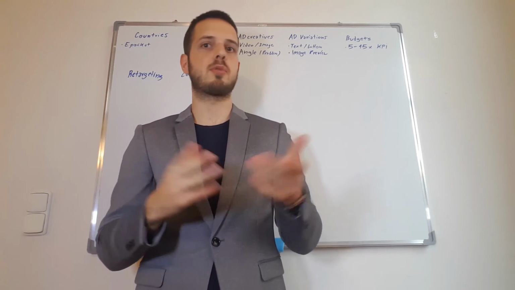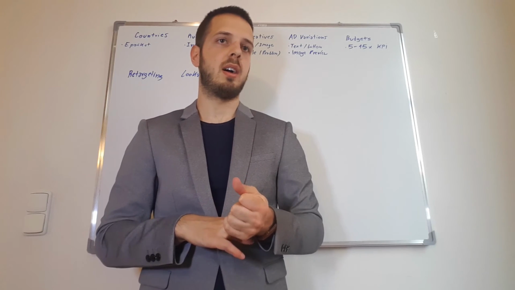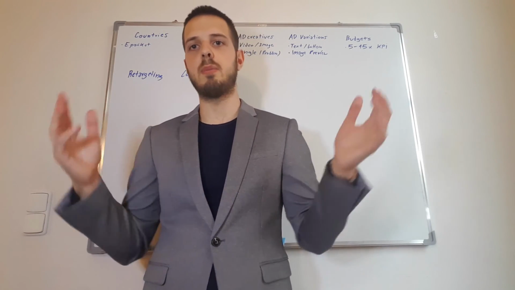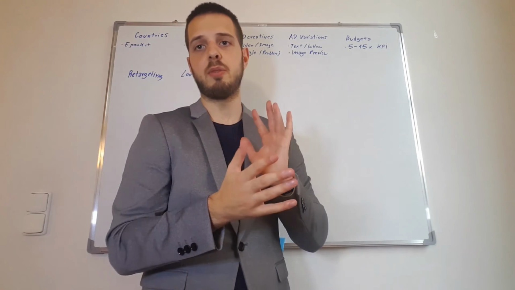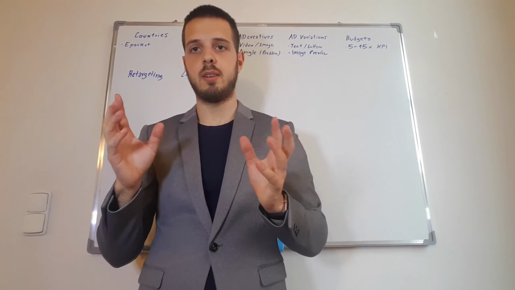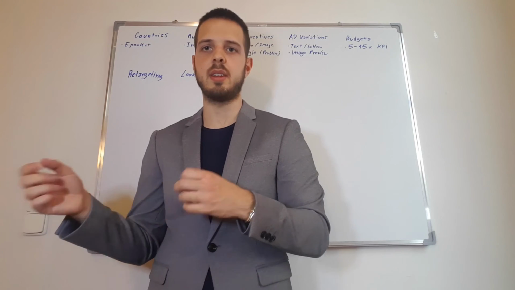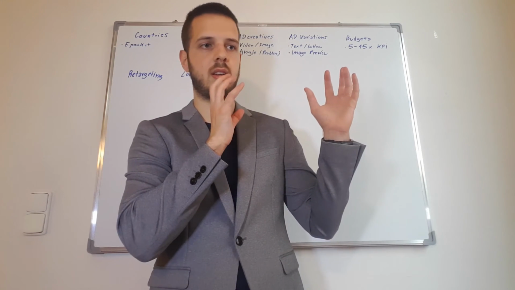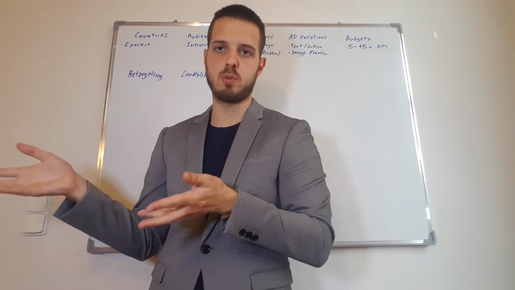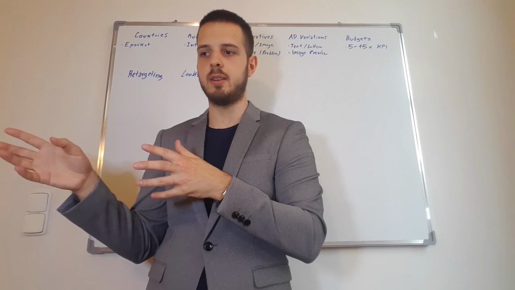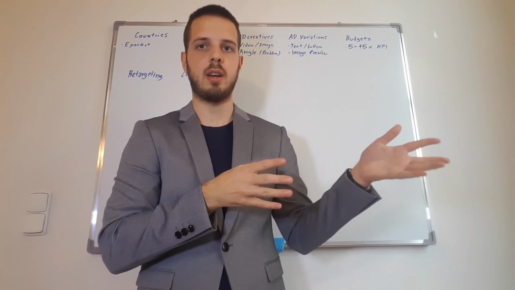Like if I'm trying to sell something to eat, I can address the problem of health. Because if you eat my product, it may be like natural proteins. I can try to address the problem of eating healthy: you should try to eat natural products, and that's why you should try this one. Maybe then I can create another advertisement that, instead of targeting people that are interested in healthy products and healthy nutrition, says this can help you lose weight. So then I'm going to target people that are trying to lose weight. Then I can target people that go to the gym, and I can say this is very high in protein.